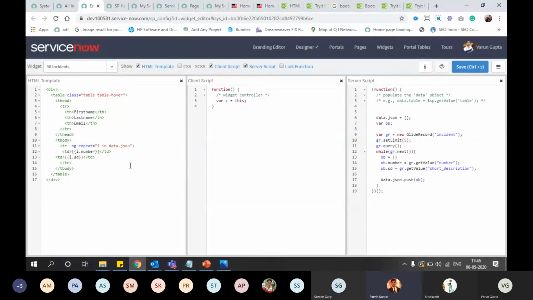I'm just asking whether we can use AngularJS over here, or we can use Angular. We can use only AngularJS here. We cannot use Angular 2, Angular 3 or 4, only AngularJS directives. ServiceNow is compatible with AngularJS only. Okay, got it. Thanks.